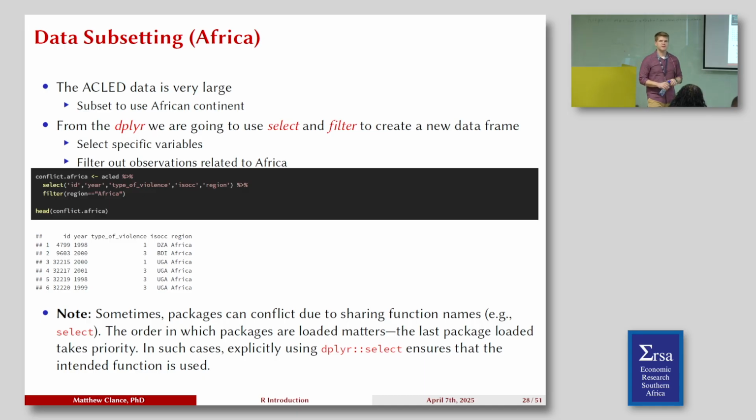So a lot of times if my research is focusing on Africa, why keep all the countries in my data set? Why not just subset it to the data that I need? We do that a lot of times because we have areas that we focus on. That's why you would want to do it this way. It's easier than just sorting and going through Excel and deleting by hand. It's just an easier way to do it.